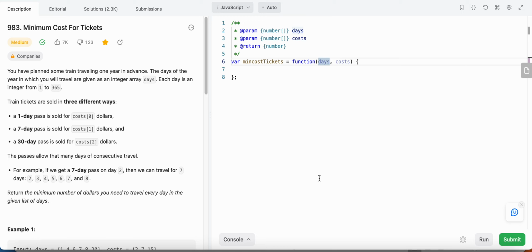Hello friends, today I'm going to solve LeetCode problem number 983, minimum cost for tickets. In this problem we are given two arrays, days and costs. In the days array, those are the days in a year when we will be traveling. So the values would range from 1 to 365, and the costs